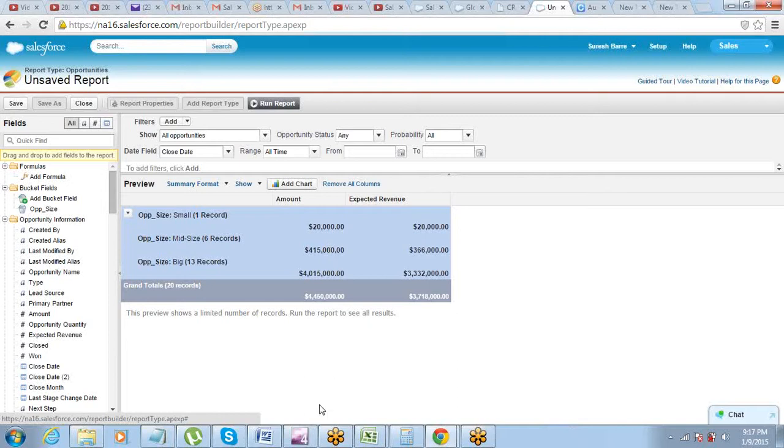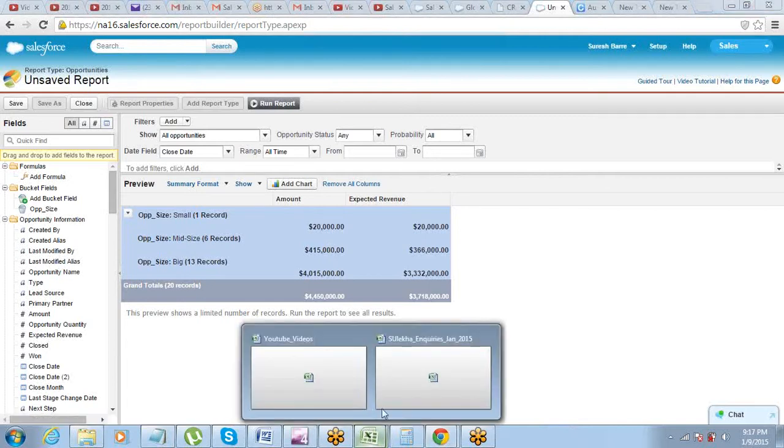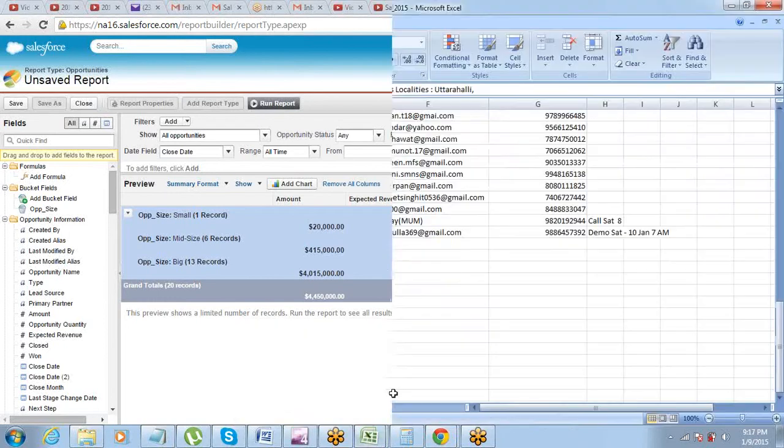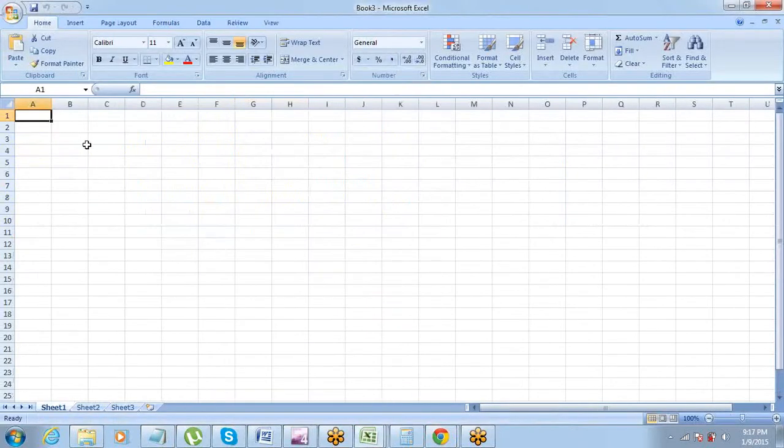So basically if you need something like this, small, medium, big.